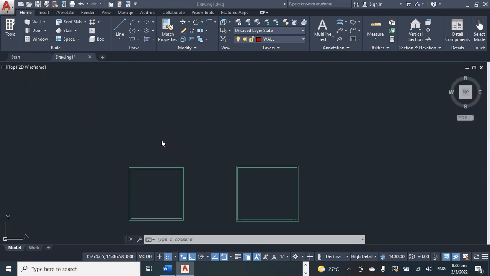At the end of this video, you should know how to draw a rectangle using dynamic input in AutoCAD Architecture. It is important to know that drawing a rectangle in AutoCAD Architecture is somewhat different from drawing a rectangle in standard AutoCAD. See, for example, when you're drawing a rectangle in standard AutoCAD, once the dynamic input is on, once